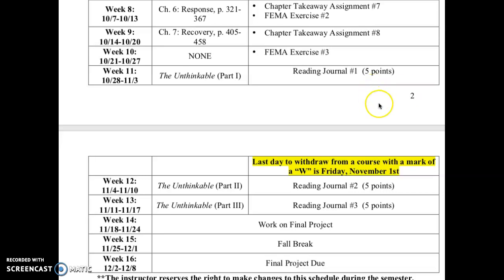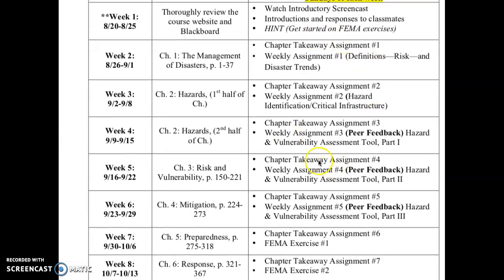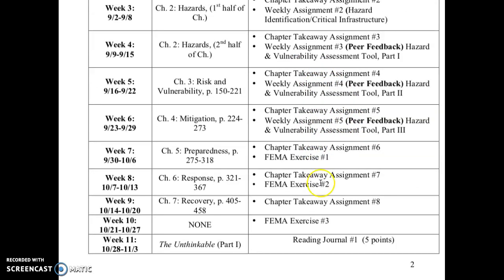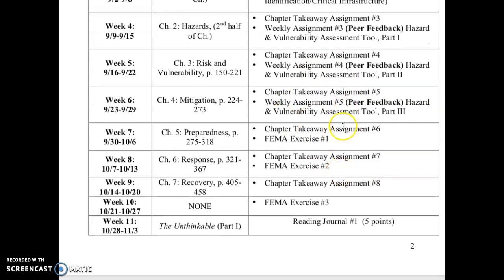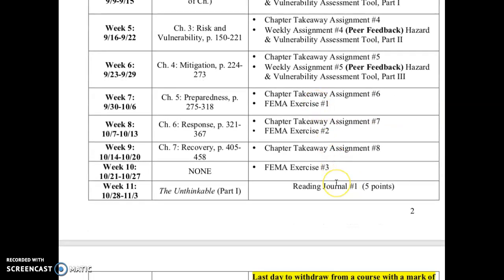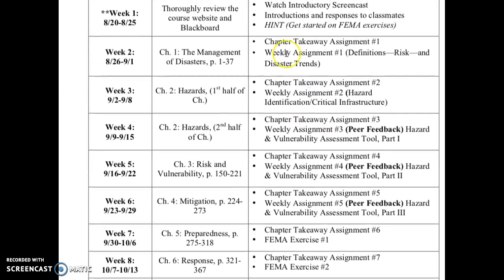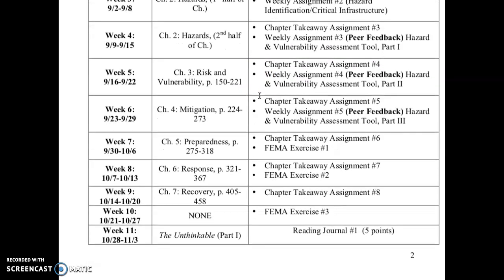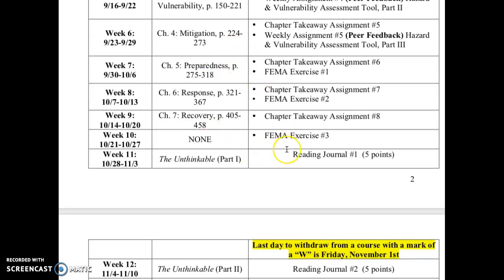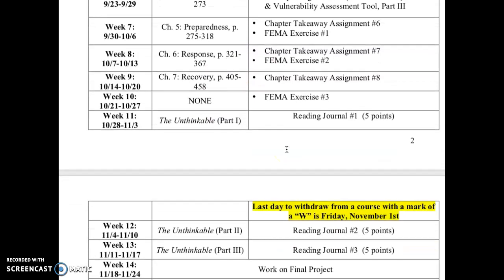So why do I say all this? Yes, you've had a lot of work up until now. You know, in terms of grading, workload, there's been a lot. But now, after you make this final push for your hazard and vulnerability tool, it winds down. And the end is near. Well, not the end is near, but it's what I like to do, front load classes. So yes, there's a lot of work. It happens quickly.